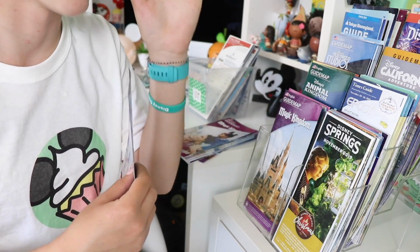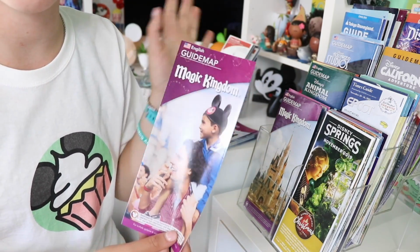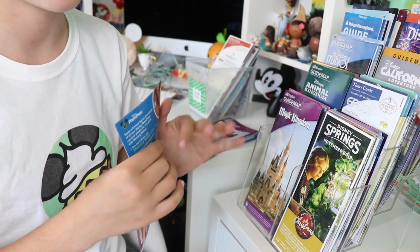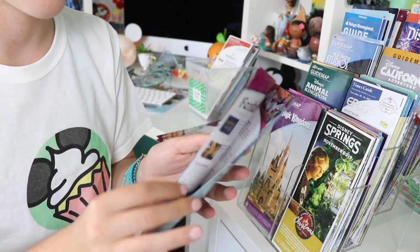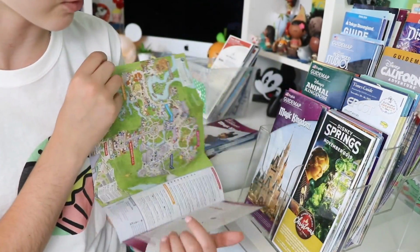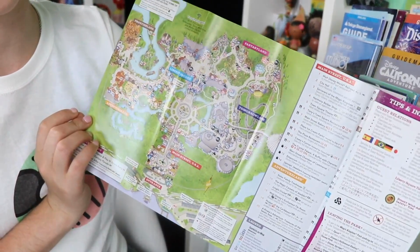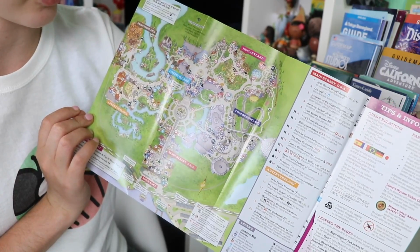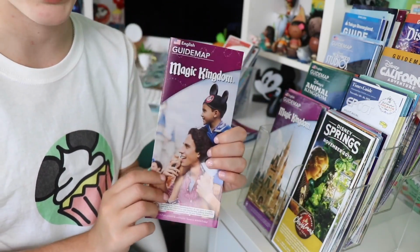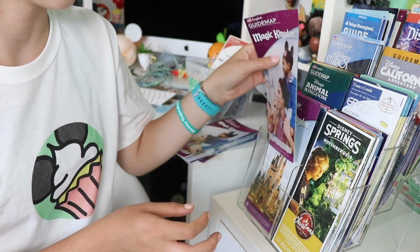That's one of my dream things to do, to be able to go to the parks, oh there's a new map, pick it up, bring it home, put it on the thing, all cutesy. So having the different fronts and things, it also captures the history of the park, because you guys can see even just how different this map is from the last one I just opened. The coloring's different, maybe this one has some different rides, some different updates, some different information about the